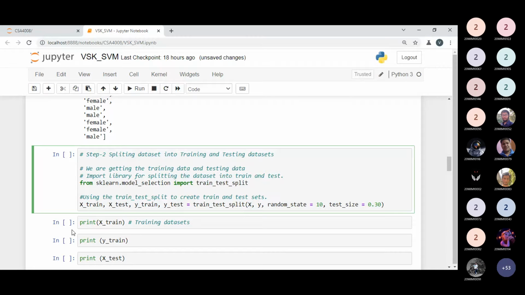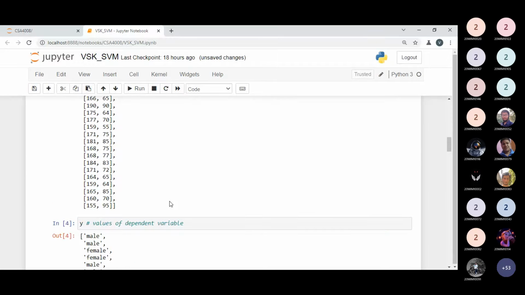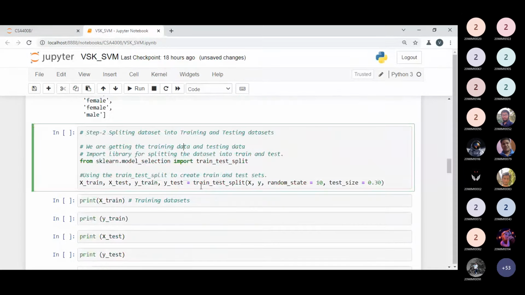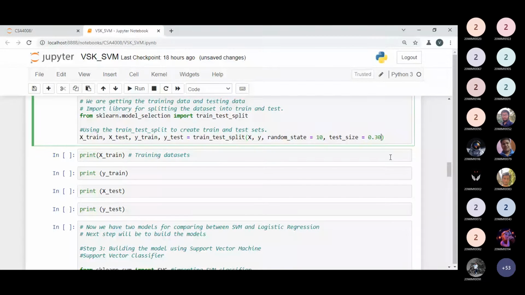I'm writing our old syntax as we have seen many times: X_train, X_test, y_train, y_test, and in it I'm putting X and Y with all the details. In between, can anyone tell me what size of testing I must keep right now? What is the size of the testing I must keep? 35%, 30%, 20%, 25, 40, 45. Please tell me right now.